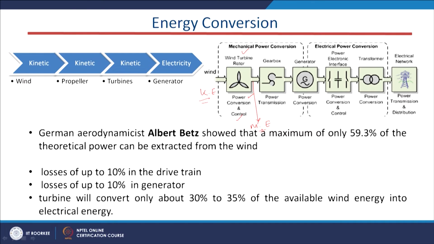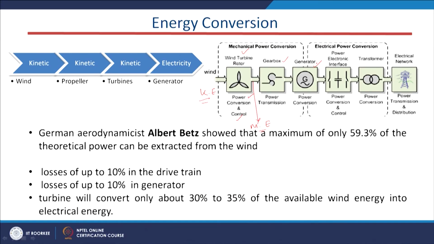In the second stage we have the gearbox. The gearbox controls the speed of the shaft so that it maintains the RPM of the generator at the required level, so that we can harness more power at the maximum torque speed of the generator or the maximum point of the wind speed.